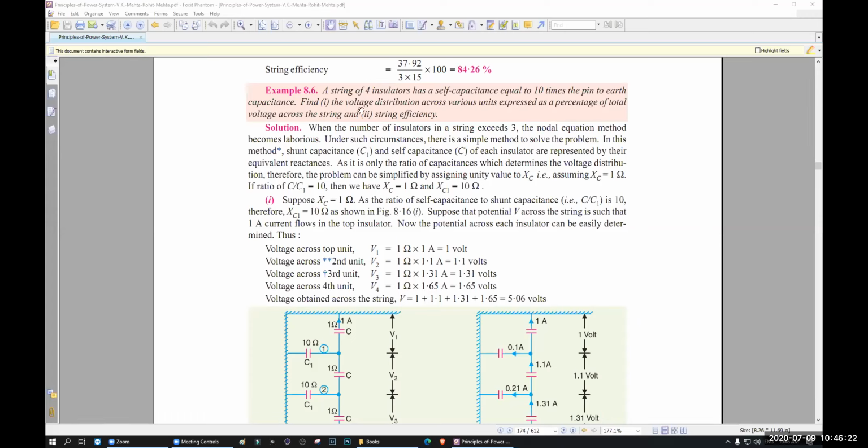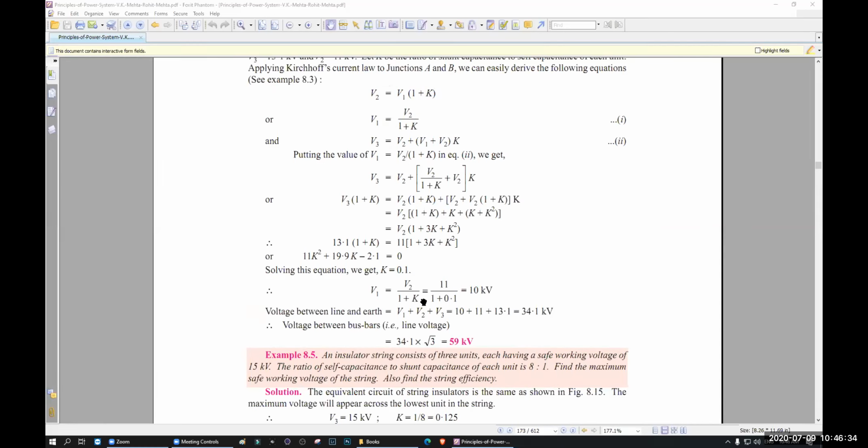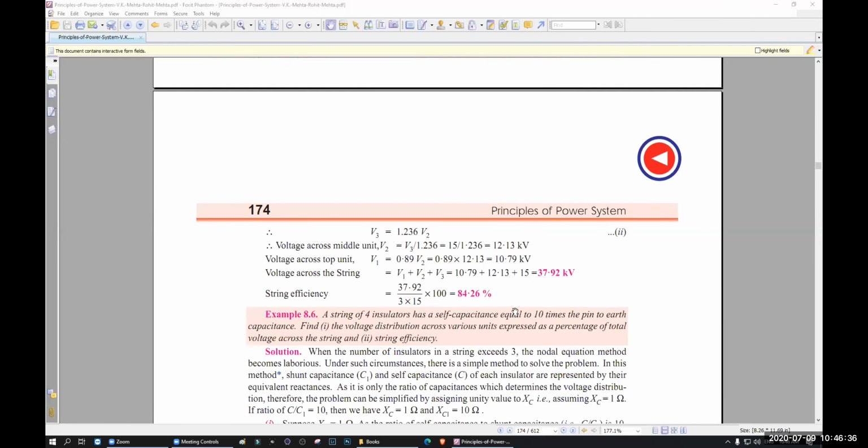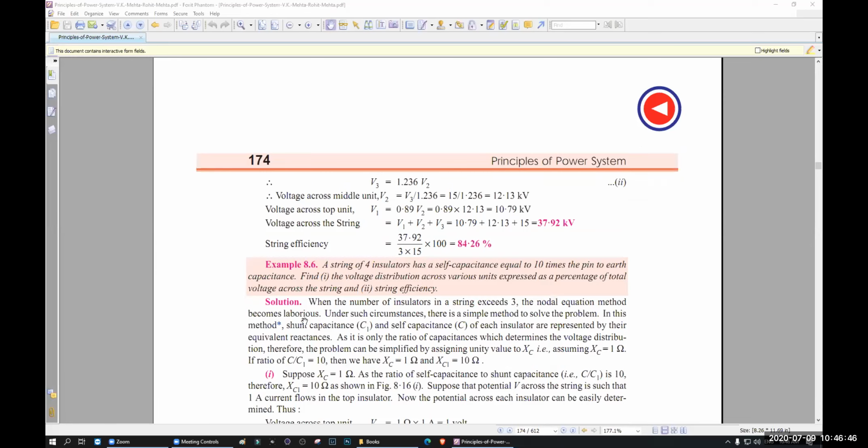Okay. Now here, you were not finished last class. You were not finished. Method of improving string efficiency. I didn't get your point. What? Say again. The method of improving string efficiency. Yeah, in the last class we have done up to this, right? I told you that in the next class we will be doing from 8.6. Okay?